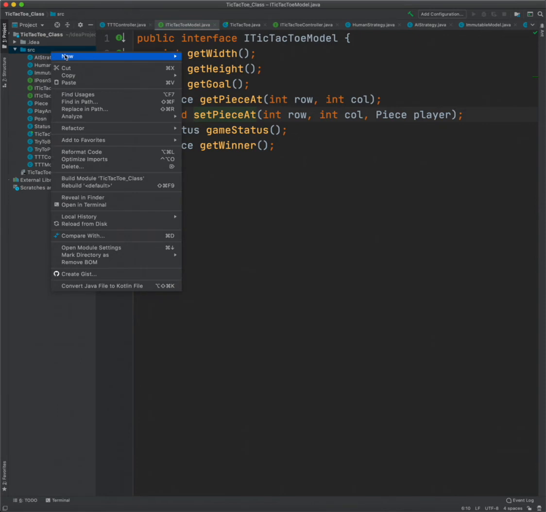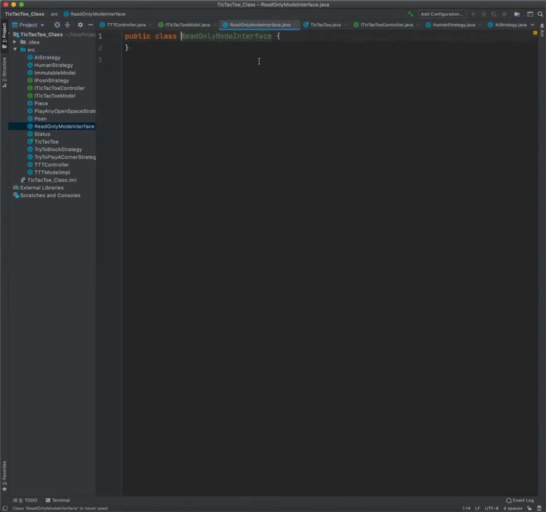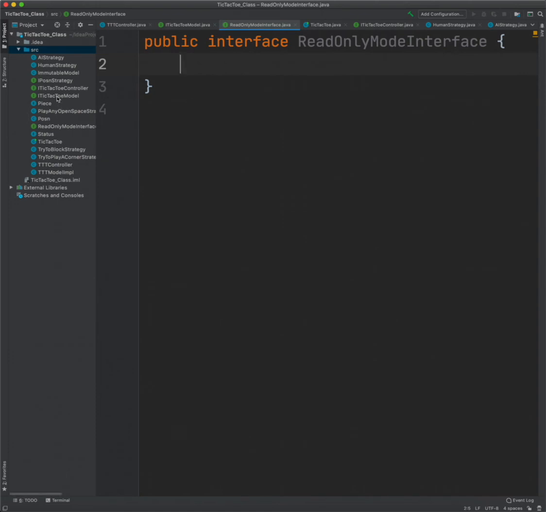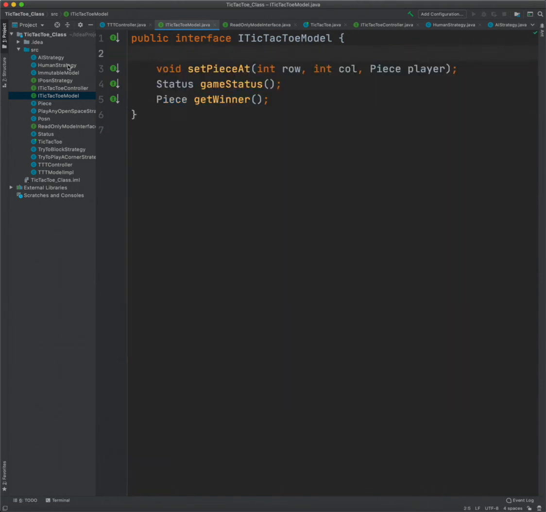So here's what I'm saying. Whenever you make a new model, you can make a read-only model interface, right? The read-only model interface is going to have all the getters and all the methods that don't mutate the object. So I will go to my TicTacToeModel, and I will get getGoal, getPiece. So I'll get everything except for